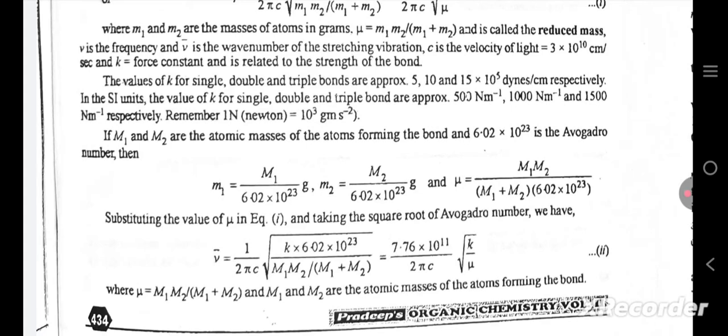The values of K for single, double, and triple bonds are approximately 5, 10, and 15 times 10 raised to 5 dyne per centimeter respectively. In SI units, the values of K for single, double, and triple bonds are approximately 500, 1000, and 1500 Newton per meter. If m1 and m2 are the atomic masses of the atoms forming the bond and 6.02 times 10 raised to the power 23 is the Avogadro number, then